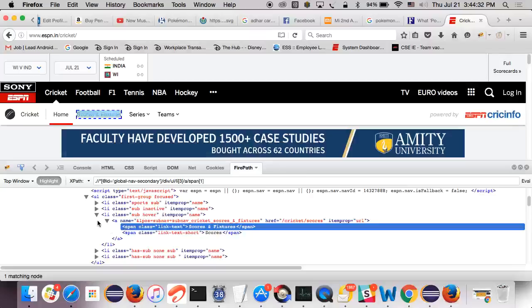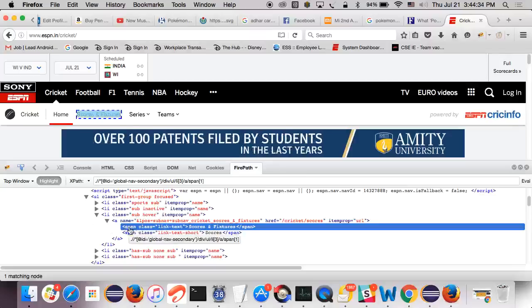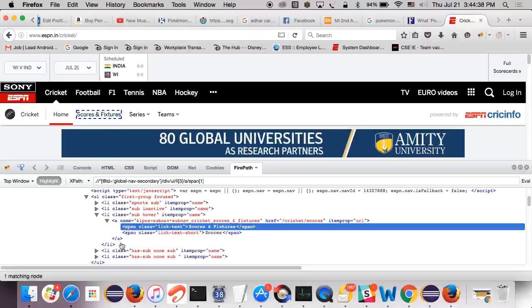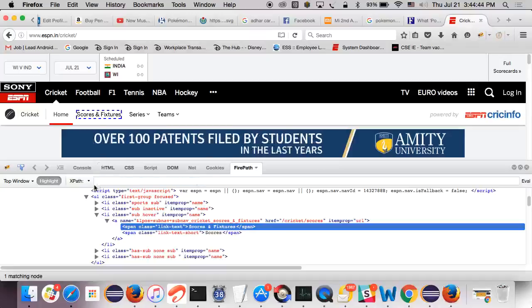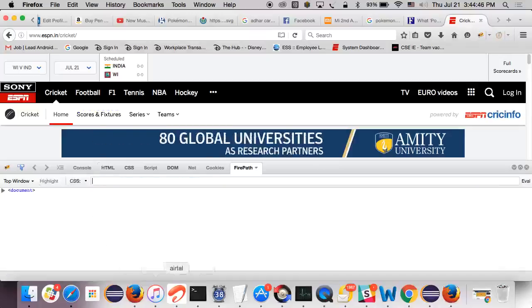You can see that this span over here, if I hover over it, actually highlights the scores and fixtures. So for me to be able to write a CSS selector for this,